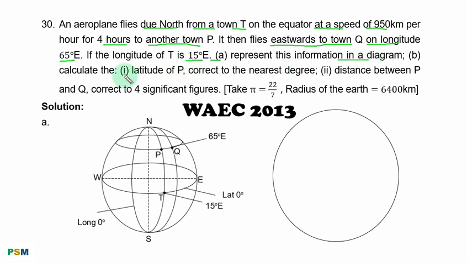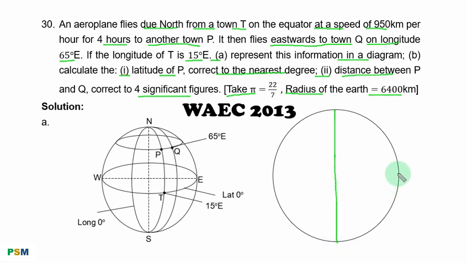B. Calculate: Roman figure 1, latitude of P, correct to the nearest degree. Roman figure 2, distance between P and Q correct to 4SF. Take pi equal to 22/7, radius of the earth equal to 6,400 kilometers. Solution. A part of the question, you draw the earth as a sphere and the two principal axes,